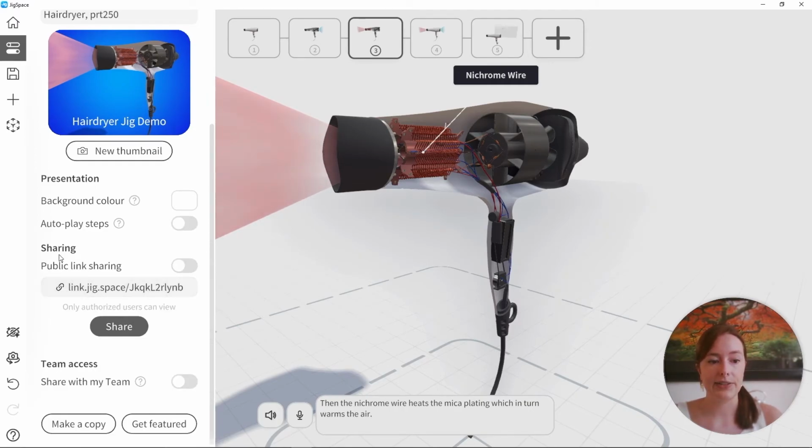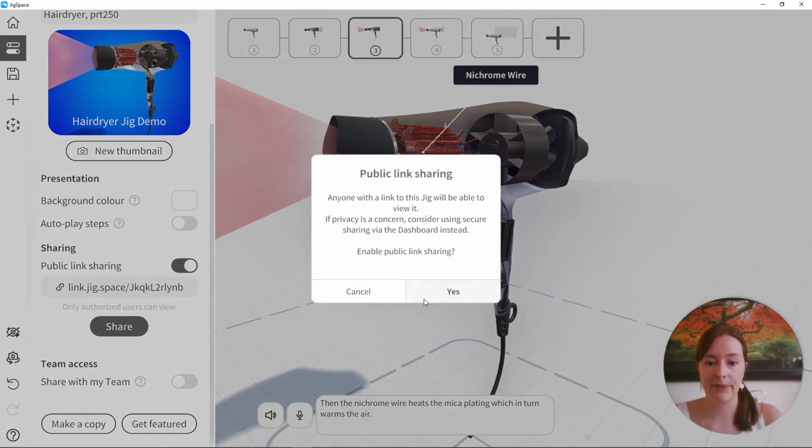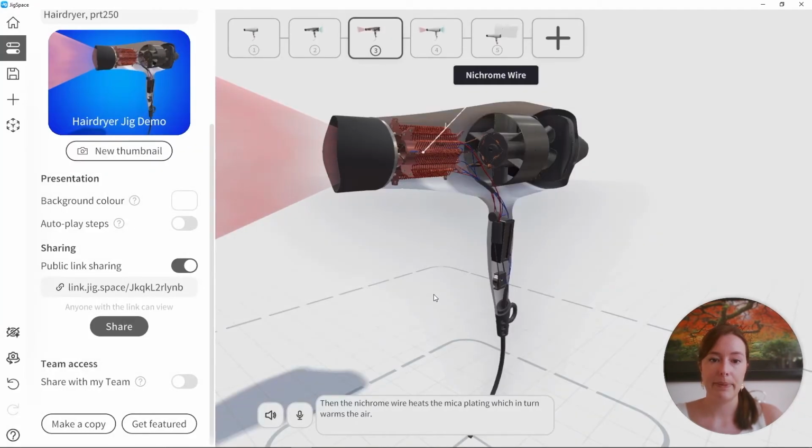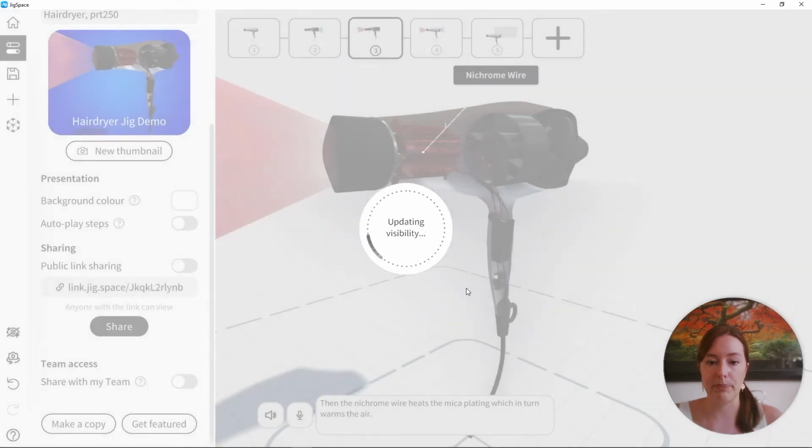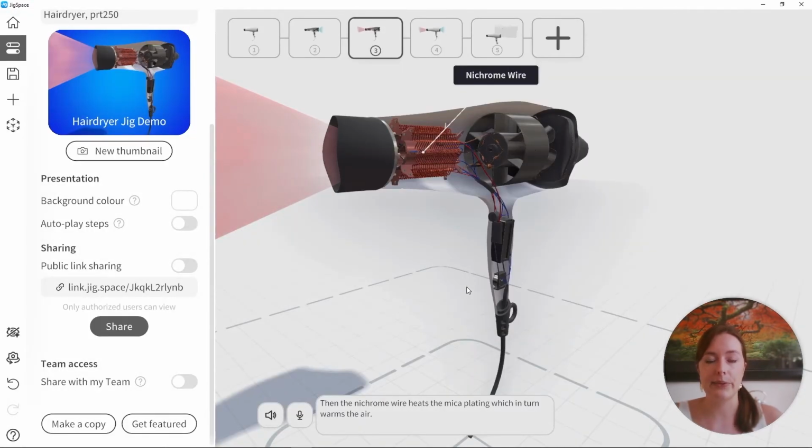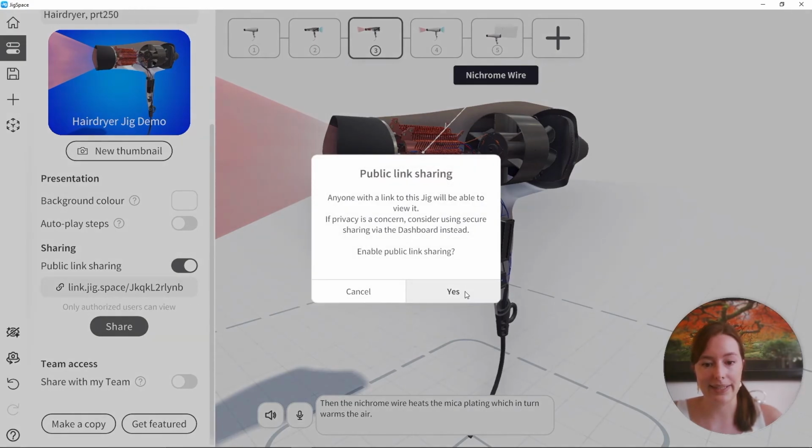And now we have our sharing jigs. If you want to share a jig link, it's important to make that jig link public. This means that you can share it amongst employees or amongst stakeholders of your jig, and they can have a look at it. And if you need to make it private later on, you can just select it and switch it back to private. And then those links will no longer be active. For now, I'm just going to leave it on.